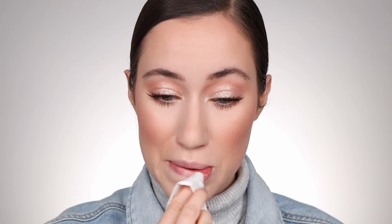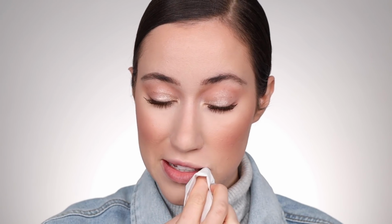Now I'm gonna go ahead and wipe away any foundation that got on the lips. Next up is lip liner. I feel like lip liner is something that a lot of people skip. I personally feel like it's something that really helps to complete a look and polish your lips, which is essential for me. So when looking for a lip liner, I think it's best to find something that's pretty close to